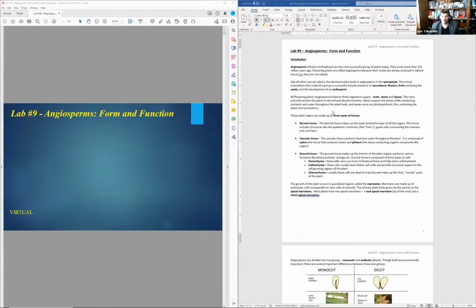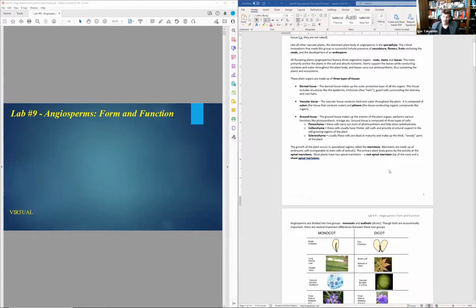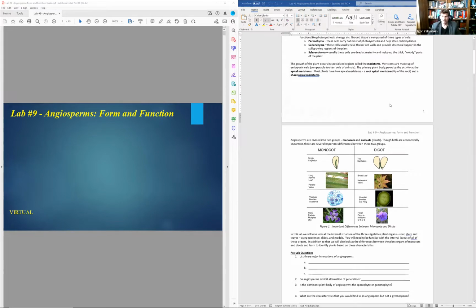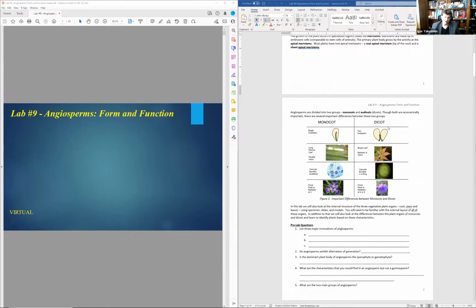All right, guys, lab number 9, form and function. So once again, we're talking about monocots and dicots, two major groups. There is more in the flowering plants. However, today on this level of botany, we'll talk about the monocots and dicots generally. So again, we'll discuss the difference between monocots, the words derived from number of cotyledons, 2